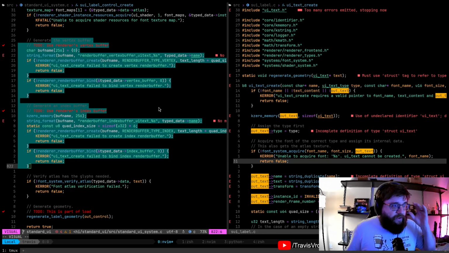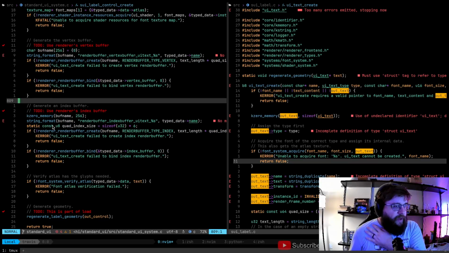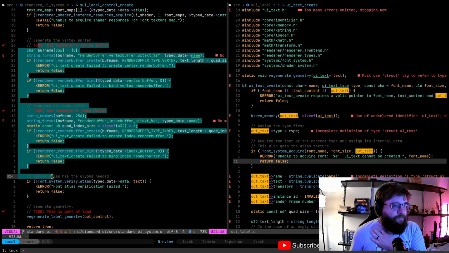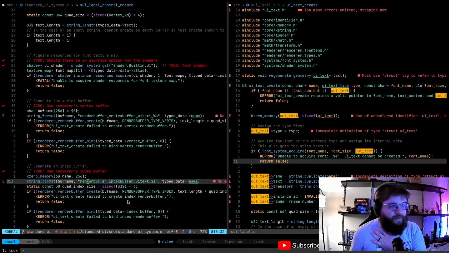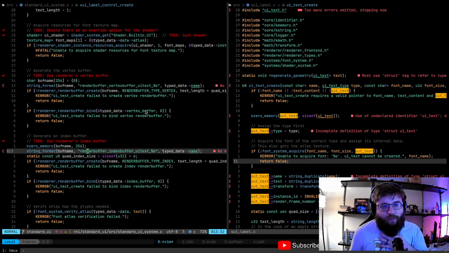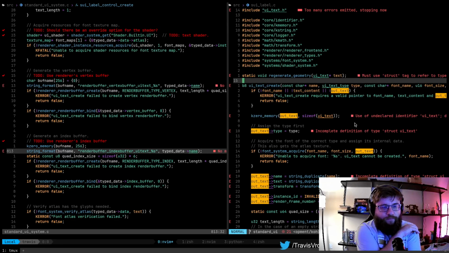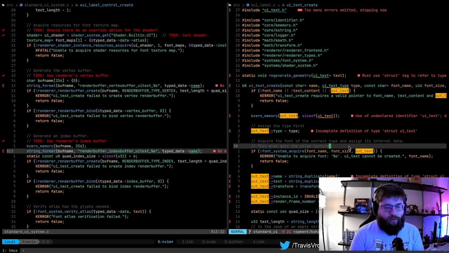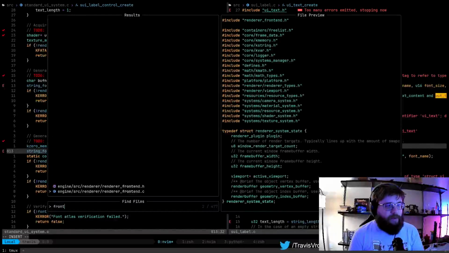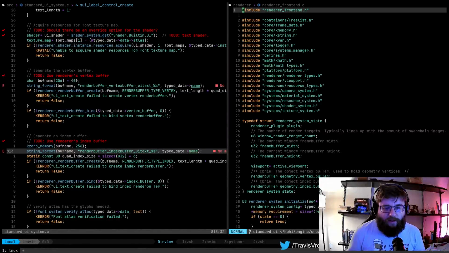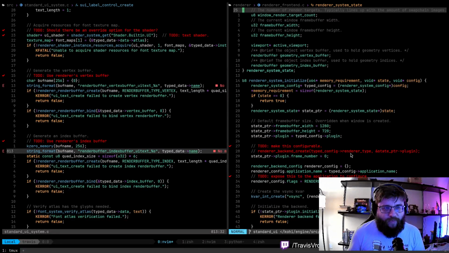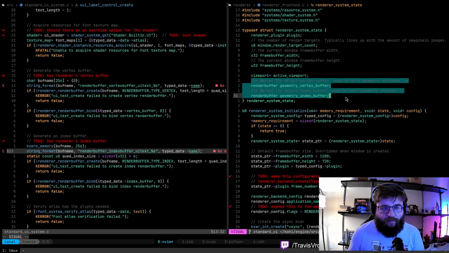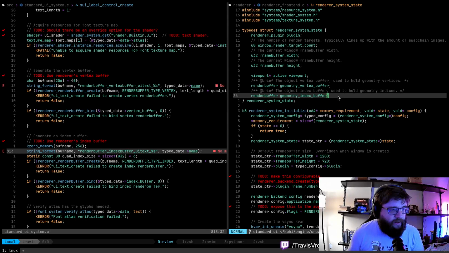Okay, so I think it stands to reason that the first thing we should do is go ahead and refactor these vertex and index buffers out of here and not use these, and instead use the ones that are in the renderer. I don't think we need this guy open anymore, but what I want to do is look in the front end, where we also have our geometry vertex buffer and our geometry index buffer, which is what we can use here.